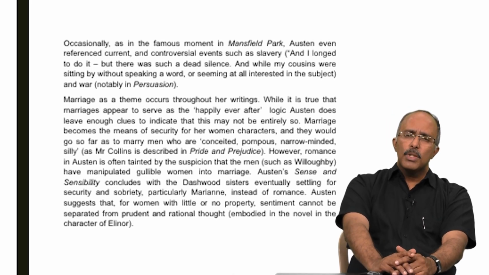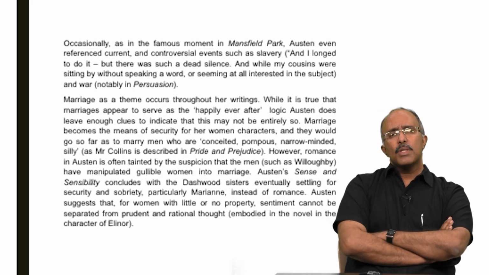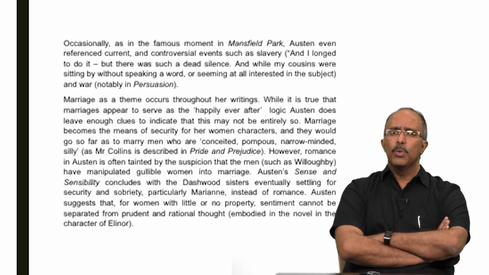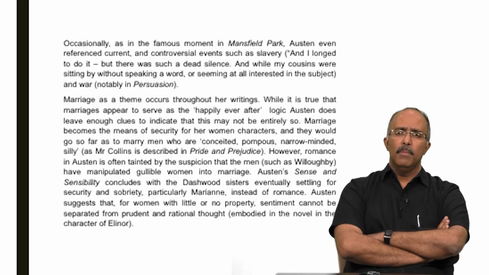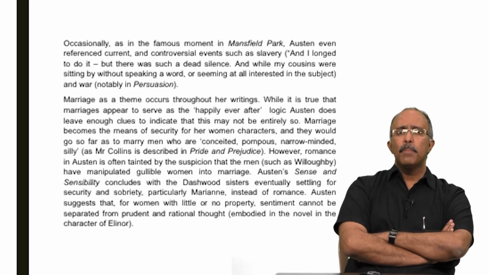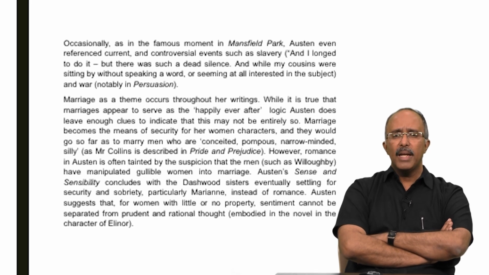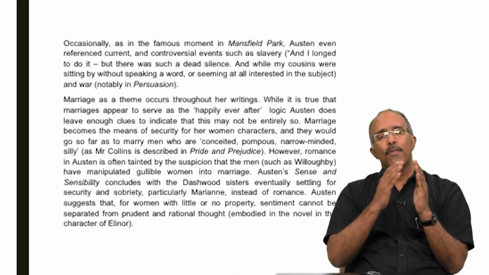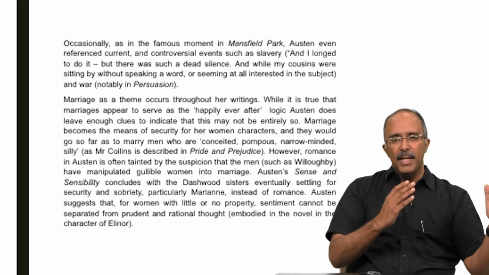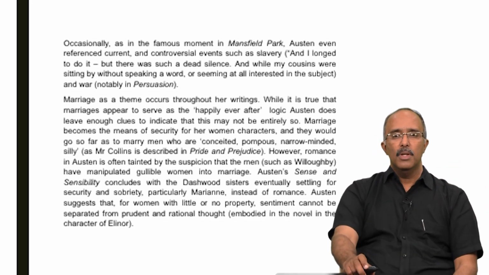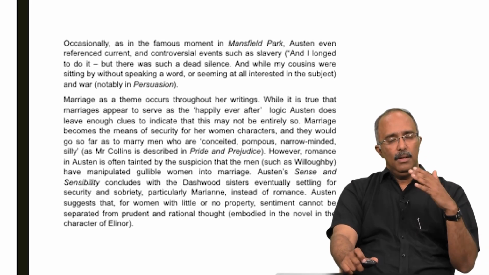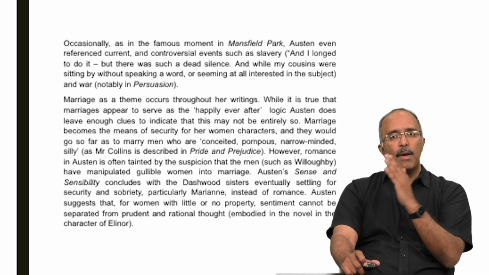Now, marriage as a theme occurs throughout her writings. While it's true that marriages appear to serve as the happily ever after logic, Jane Austen does leave enough clues to indicate that this may not be entirely true. Sometimes women get married to men who are, and this is Mr. Collins's description in Pride and Prejudice, conceited, pompous, narrow-minded, silly. And there is a suspicion that Willoughby has manipulated gullible women into marriage. Jane Austen's Sense and Sensibility concludes with the Dashwood sisters eventually settling for security and sobriety, particularly Marianne, instead of romance. That is, you move away from frivolous, flirtatious romance to stability. That's a model of marriage that is being proposed, that you separate your desire for romance from the necessity of